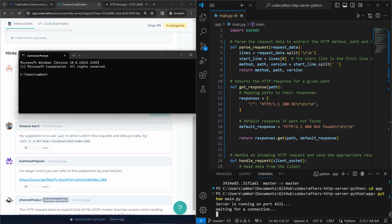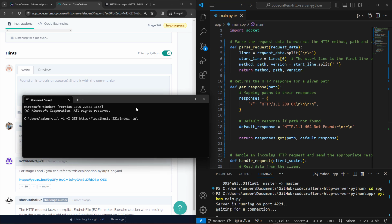So the server's running on port 4221, waiting for a connection, which is what we're going to send over with the curl command. I'm just going to copy what we have here in the hints. We're submitting a GET request to localhost index.html. And if we read up again